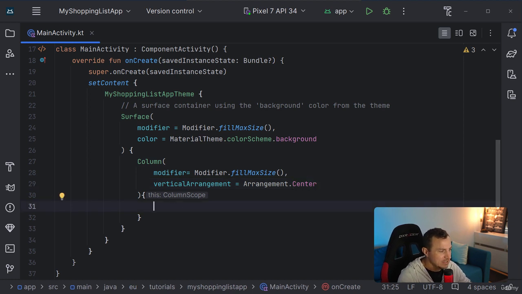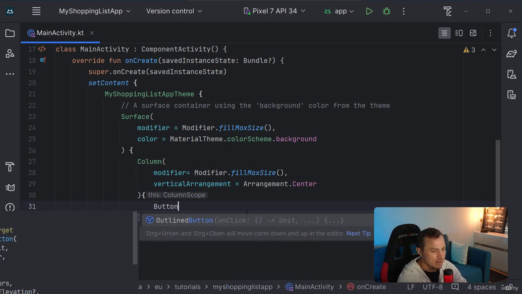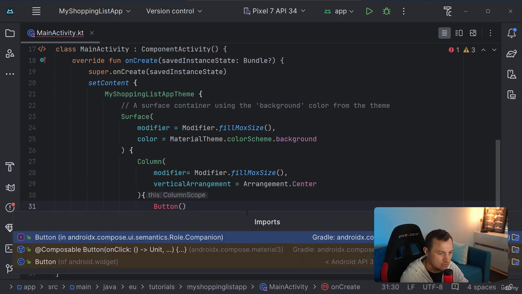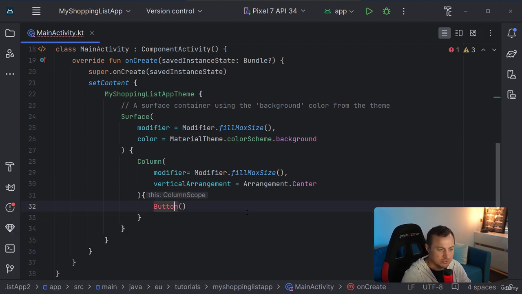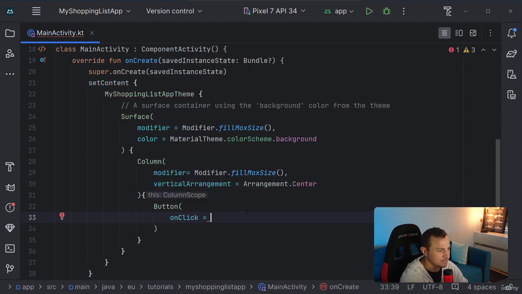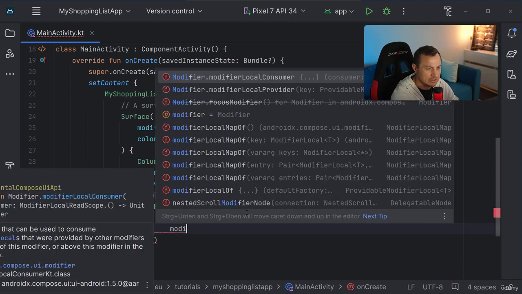Okay. Then the next thing that I'm going to set up is going to be the button, as I said, right? And we know how to make buttons. So we just go ahead and set up a button. It needs an on-click event. And by the way, we also need to import that. So again, I'm going to use this one here, the compose UI, actually this one here. So the one that is the compose material 3 button. And then we need to implement the on-click event. So for now, we can just say it's not going to do anything,